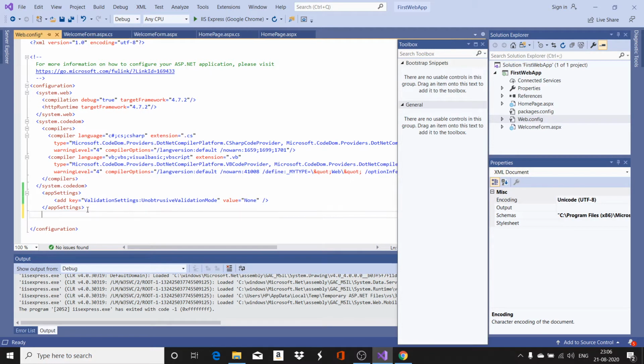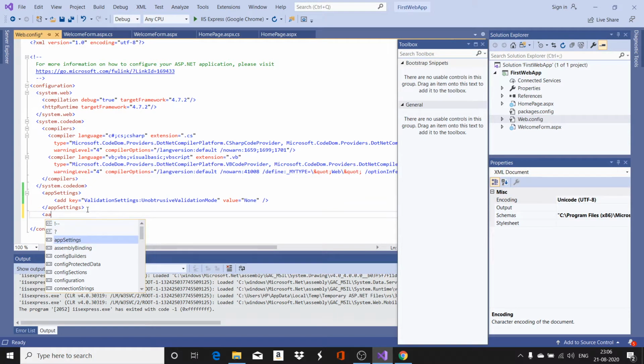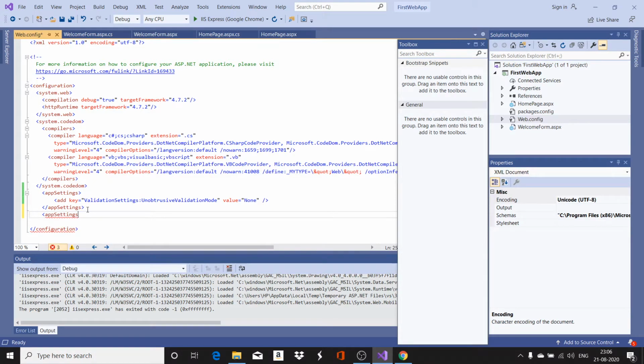I'll show you, I have already added it. So you just add the appSettings, then it will be added like this. Then you just say add, and the add tag automatically comes. Then there you can type key, and the key value.